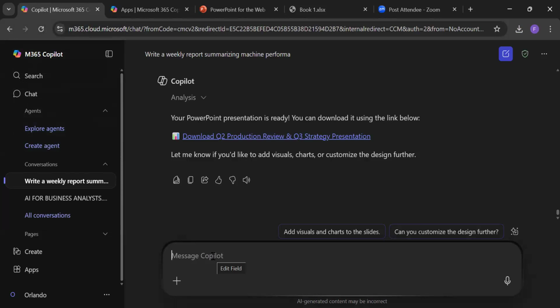So let's say we want to write a job description for a supervisor. Write a job description for a factory floor supervisor, including key responsibilities.